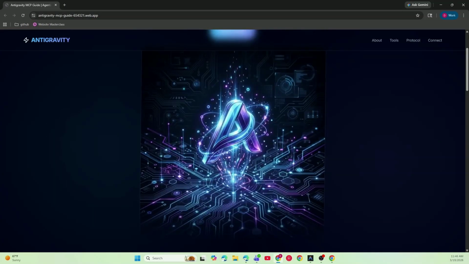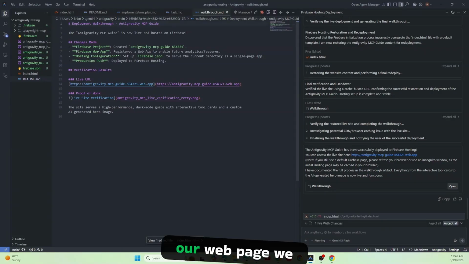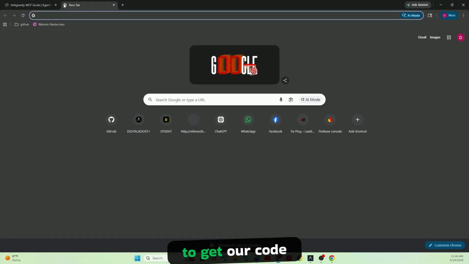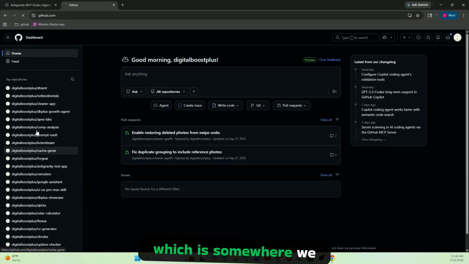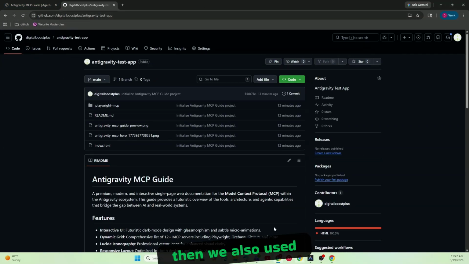So again, just to rehash what we did here, we used our Antigravity IDE. We created our web page. We used the MCP servers to get our code to our GitHub repo, which is somewhere. We have a GitHub repo, and then we also used the